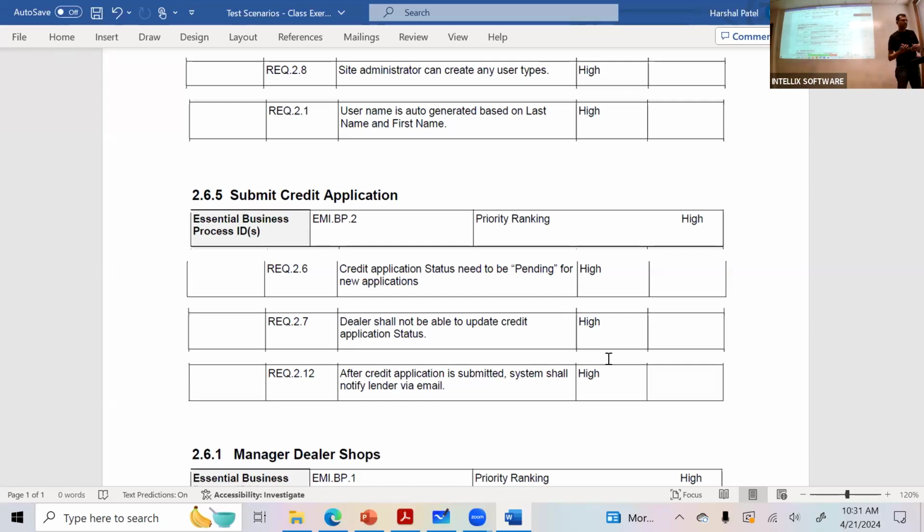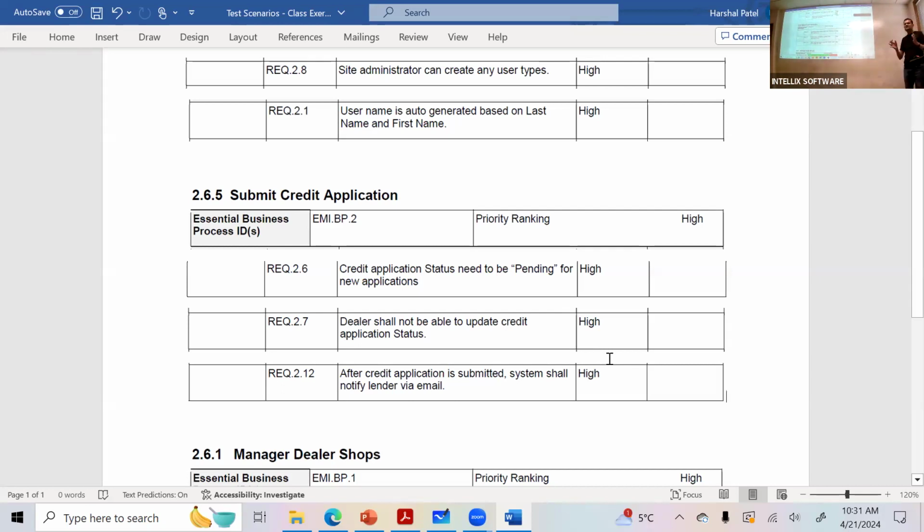It says dealer shall not be able to update credit application status. Yeah, after the dealer has submitted the application and it has gone to another process of getting to the review, it will not be able to be updated back. The status will not be able to be updated back.